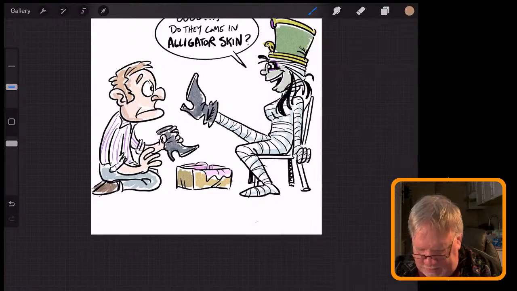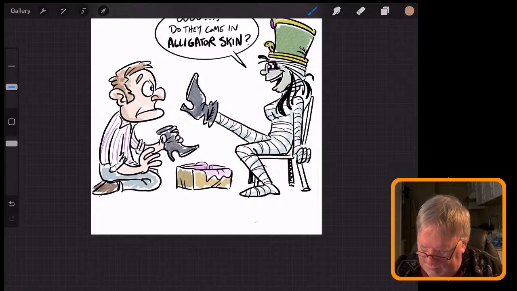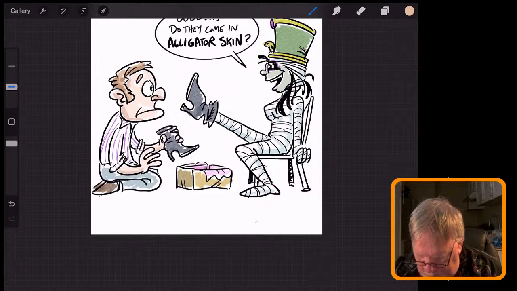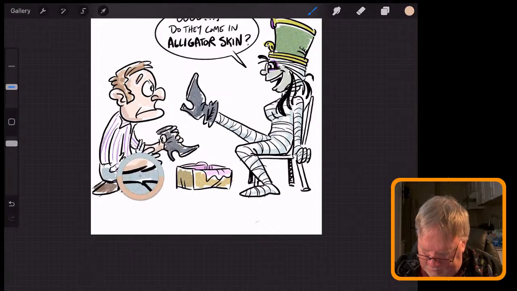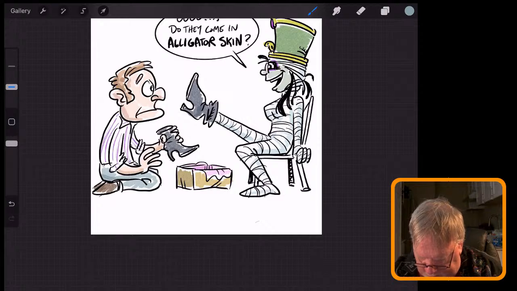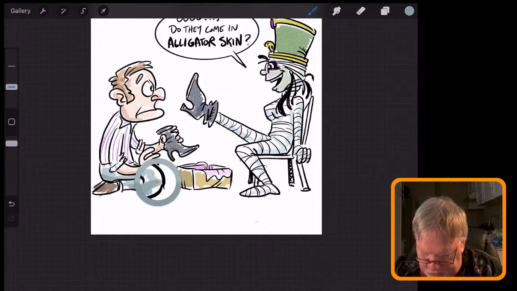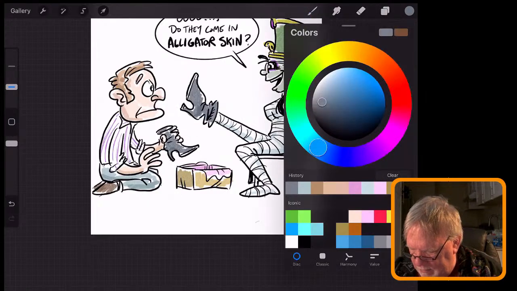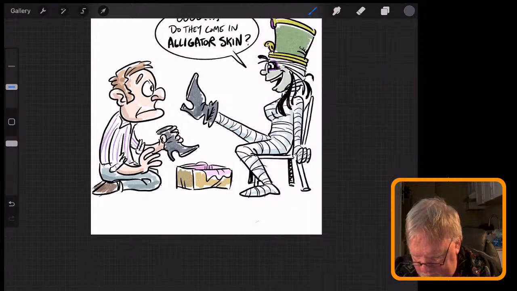And so he needs enough shading that he doesn't stand out for being so different from her. I've done texture on her. He's got to get a little bit, but we don't really need to worry too much about it. Oh, but the shoes definitely need